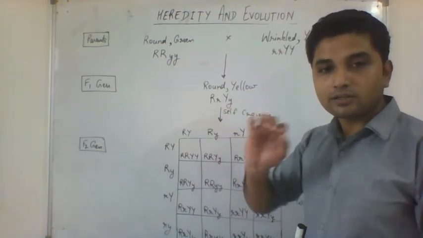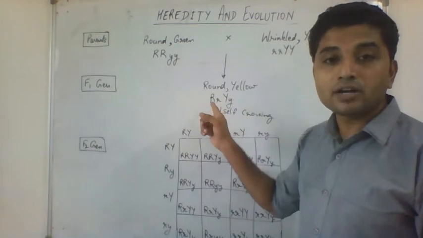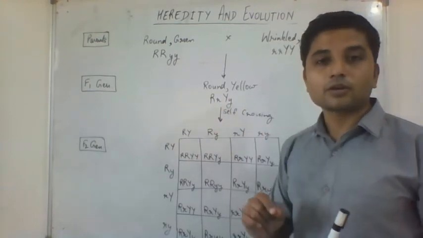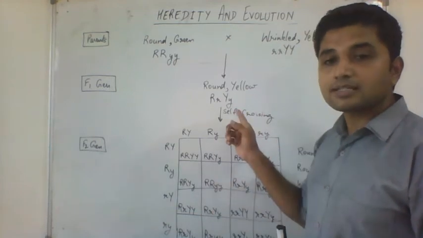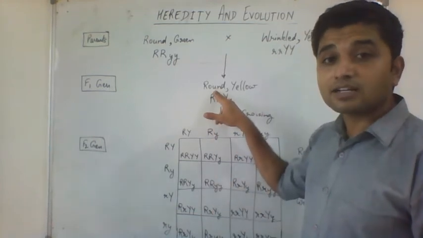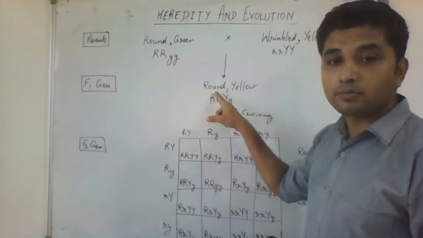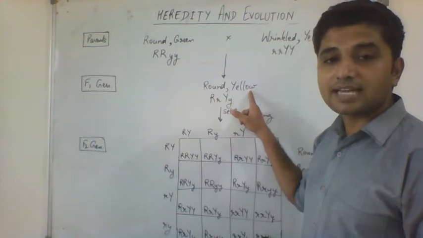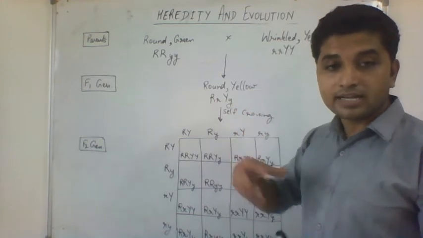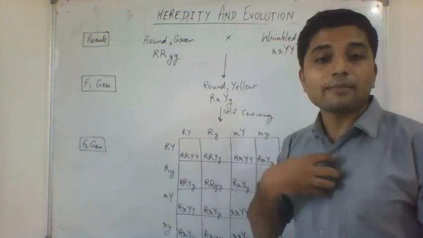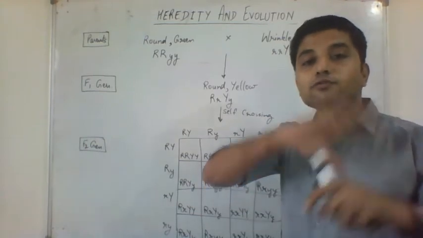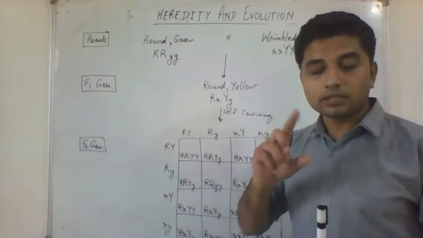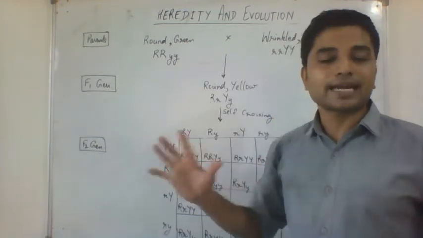You can try it yourself on your own copy, how many different combinations are possible, and you will conclude with this. When you are calculating the combinations possible, please see that one factor out of the two should be present. Here we are talking about two characters, so one factor of this character and one factor of that character should be present in one gamete. Each gamete will have one factor of all the characters present in the plant's body.